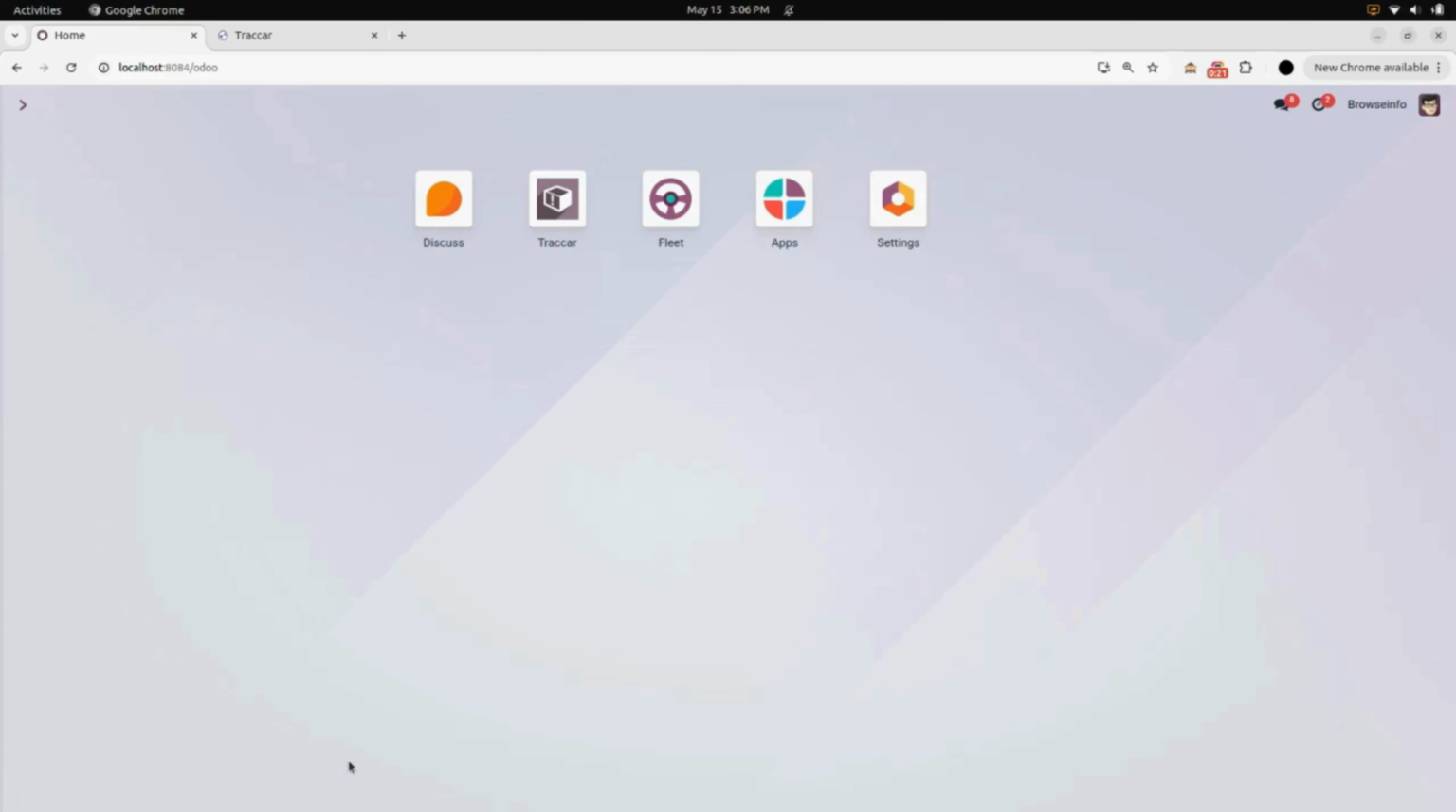Hello everyone, let me walk you through the demo of Fleet Tracker in Odoo by BrowseInfo. This module connects Odoo's fleet management system with the Traccar GPS tracking platform. This integration enables real-time vehicle tracking, route monitoring, and performance analysis directly within Odoo. Businesses can enhance fleet visibility, improve driver accountability, and optimize logistic operation, all while managing vehicle data in one centralized